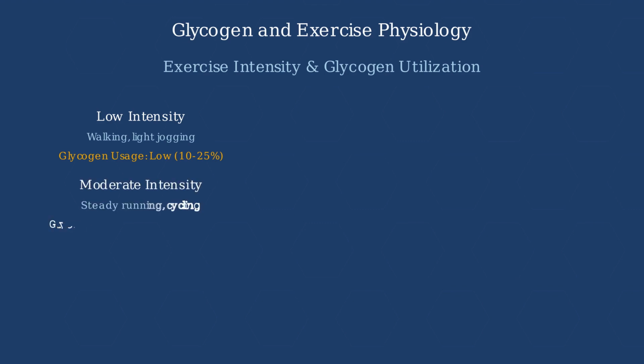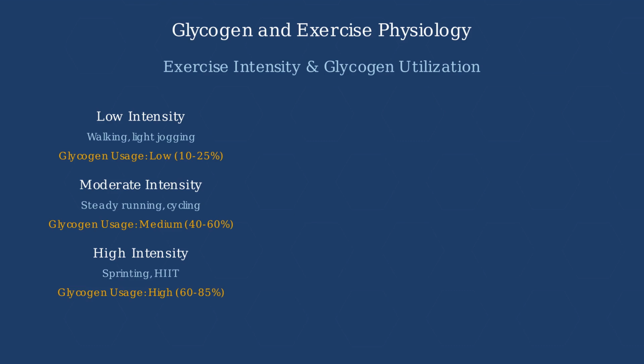As intensity increases to moderate levels, such as steady running or cycling, glycogen becomes a more significant energy source, accounting for roughly half of the energy requirement. High-intensity activities like sprinting or interval training rely heavily on glycogen, rapidly depleting stores due to the body's inability to